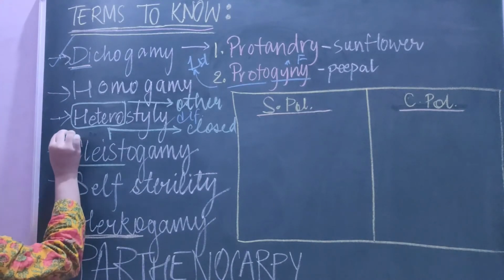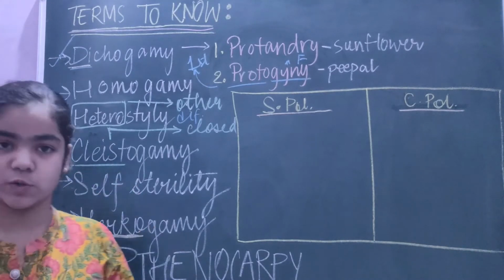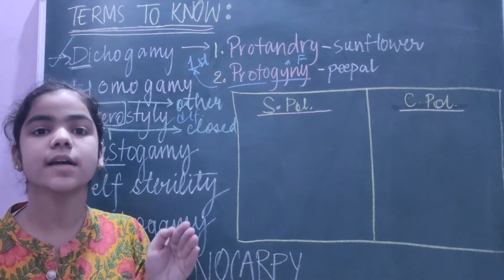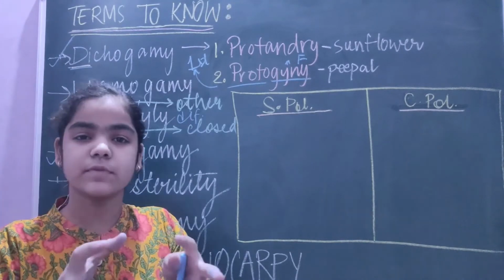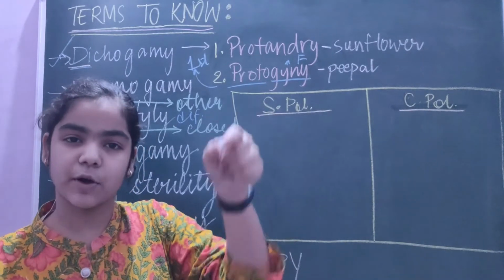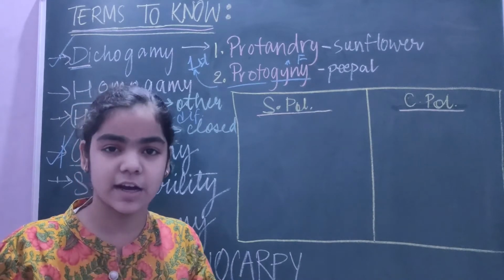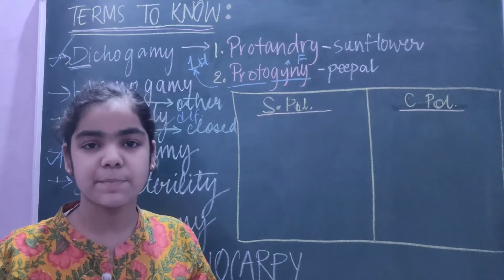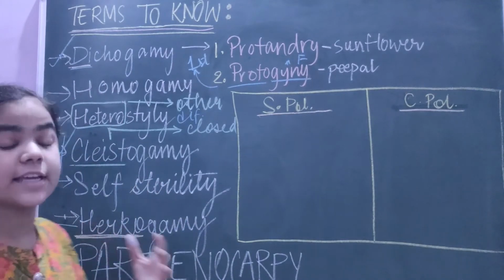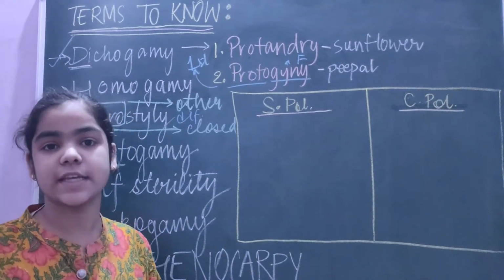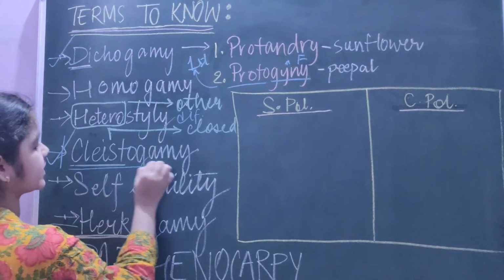Next, here this term is cleistogamy. Cleist means closed. So cleistogamy is a condition in which the flower is closed. The pollen grain falls on the stigma, fertilization, everything occurs. And what happens is that it does not open until the fruit is formed. Like in peanut, you see, you need to break it, right? So that is just an example of cleistogamy.